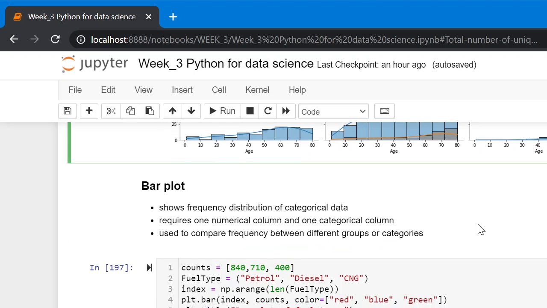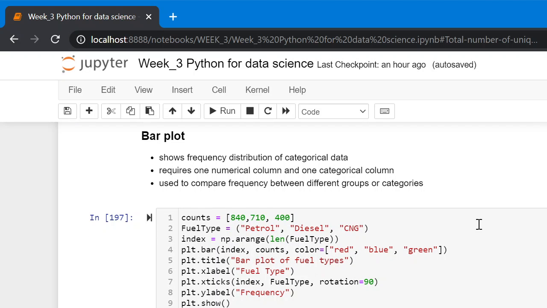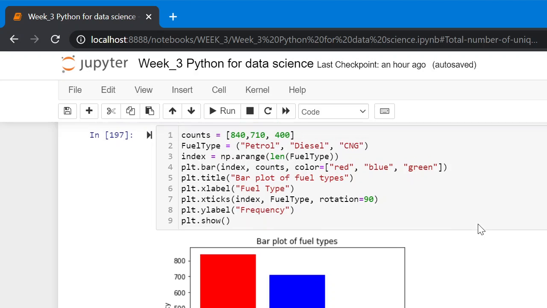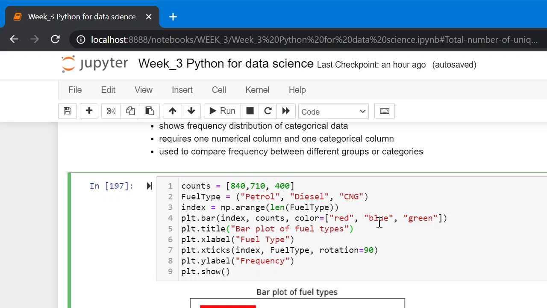Bar plot. It shows the frequency distribution of categorical data. It requires one numerical column and one categorical column, and is also used to compare frequency among different groups. Here is an example using the matplotlib library.